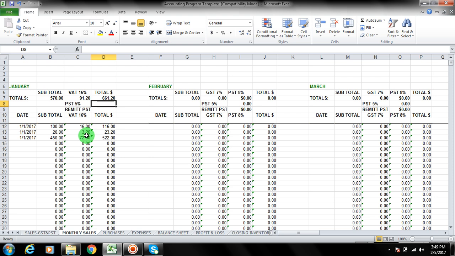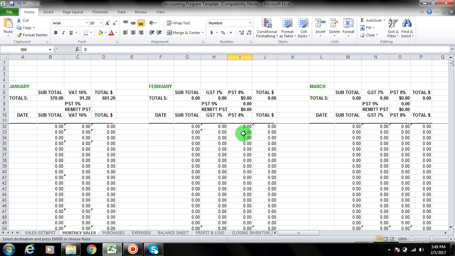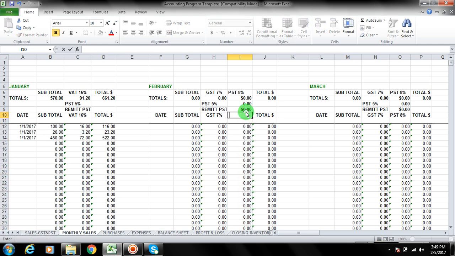Just mark 0 here, and copy, and paste all the way down. So it's not going to do anything. Just wipe here out, wipe out, wipe out. We can just copy the VAT here, bring it over here. Okay. Now,